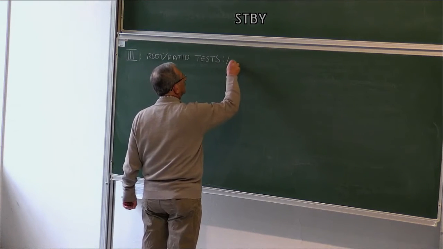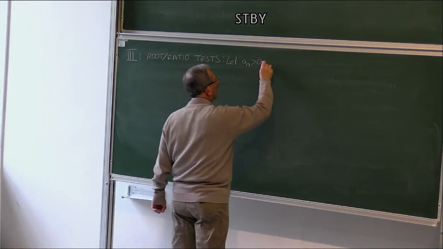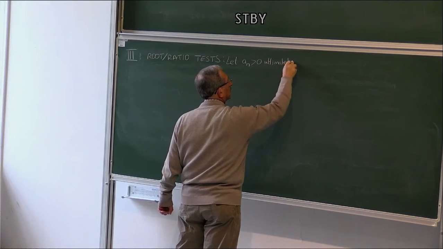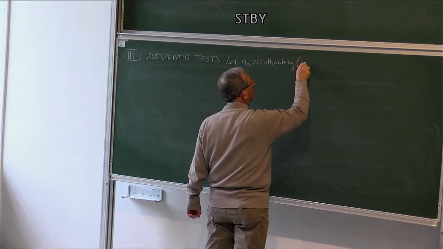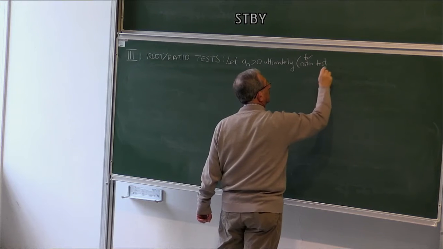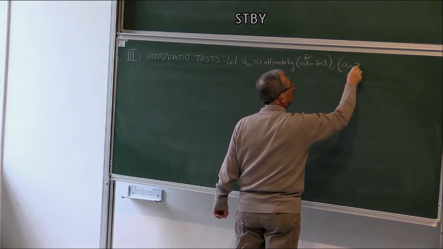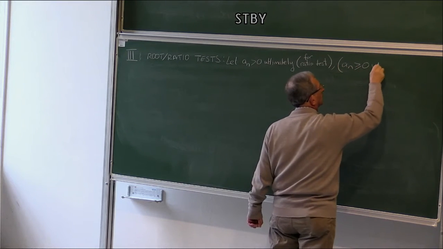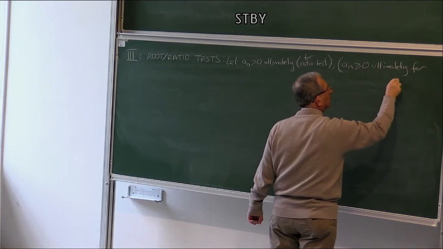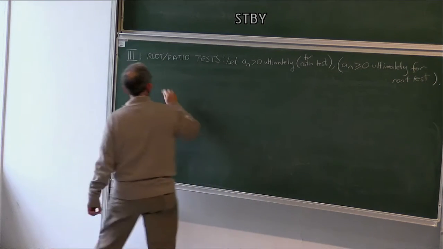Let a_n be positive ultimately. This is necessary for a ratio test. And a_n is greater than or equal to 0 ultimately for the root test. Okay. Then,